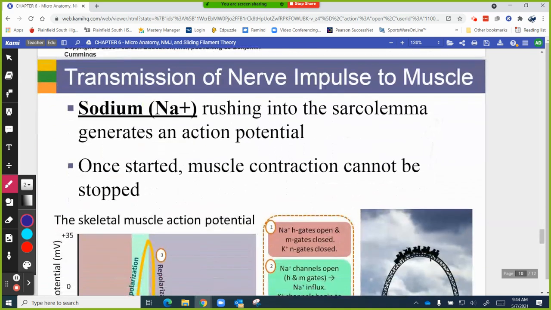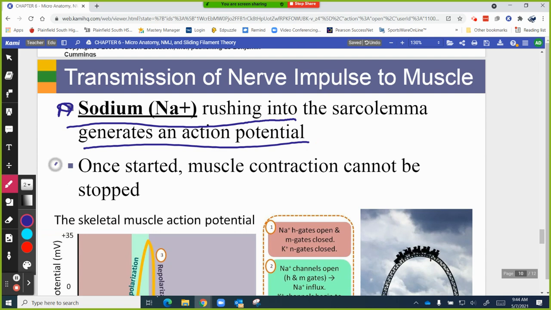All right. So a couple of things here. We cause those sodium ions to rush in, which generates that basic action potential that we were talking about. The other thing we need to remember is that once that action potential is started, we can't stop it. Once we've innervated that muscle and caused it to start to contract, it's going to contract. There isn't anything we can do to stop that process,